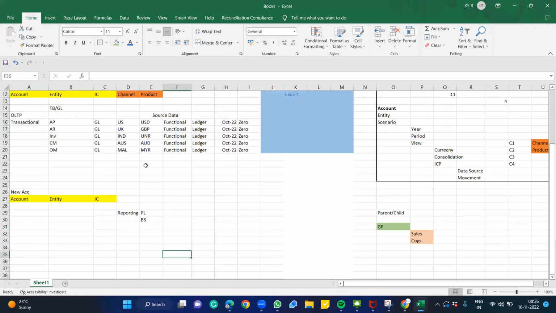What does it mean by point of intersection, point of view? So when I say data, once you are ready with the dimension members and all the stuff, the metadata, the next step would be to load the data by using the point of intersection, right? The point of intersection is going to intersect all the numbers, and you need to define the